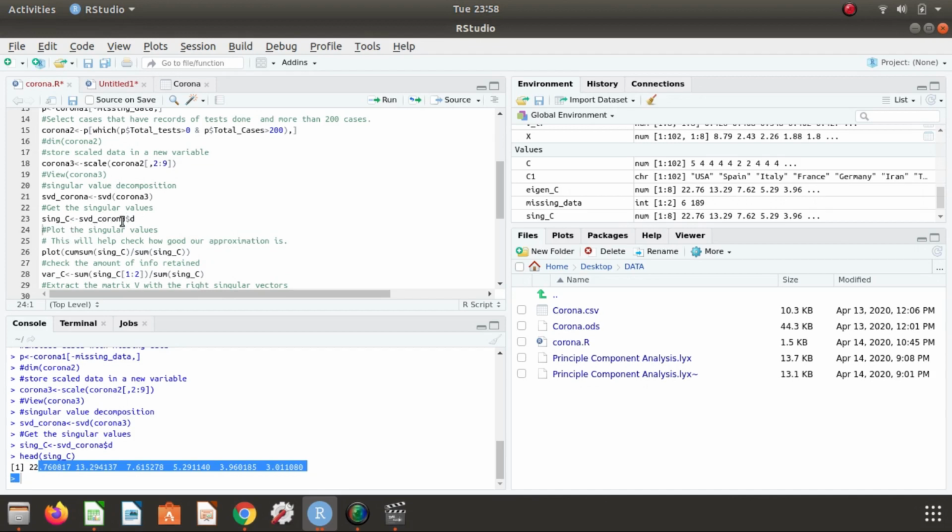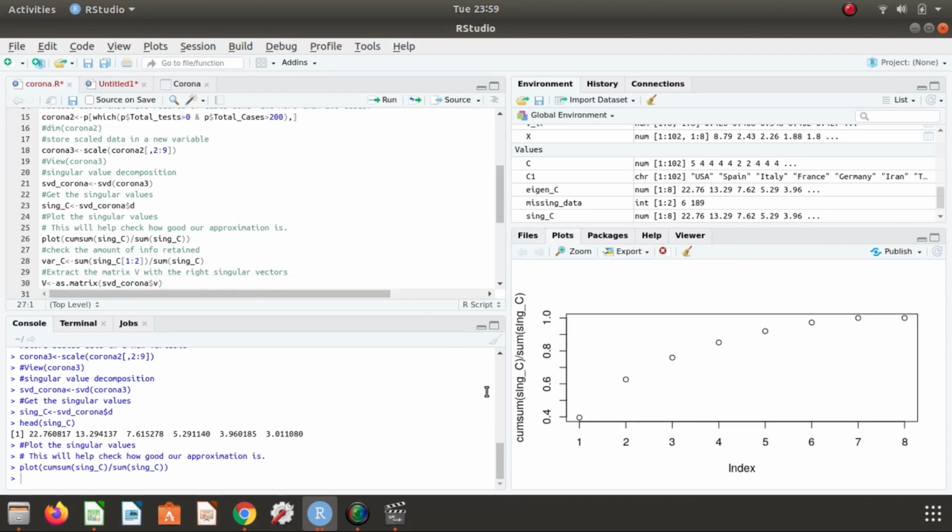So let's see how this looks in a graph. We can plot the cumulative sum of the singular values over the total sum of the singular values, and this will help us see whether picking 2 of them will be enough. If you look at the graph, we can see the first 2 stop at a little above 0.6, that's about 60%. So the first 2 singular values will cover about 60% of the information in the data,